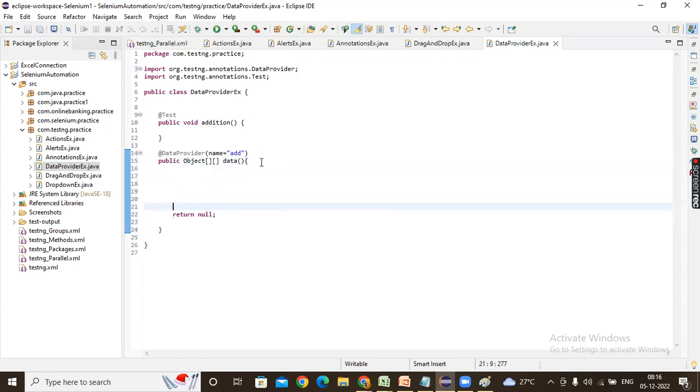Okay, so far it is clear, right? So this data provider, how many arguments there are depends on that. You need to update the test. That's fine. So my data provider name is add, and it is going to return what type of array, guys? Object type of multi-dimensional array. Let me create an object here, object type of array,